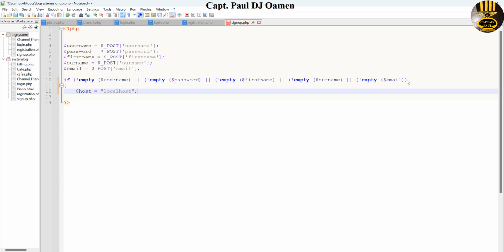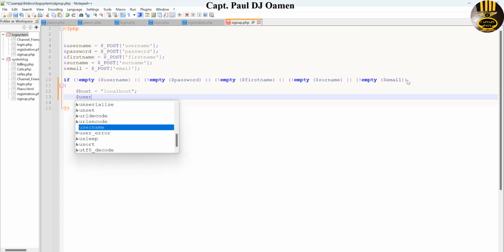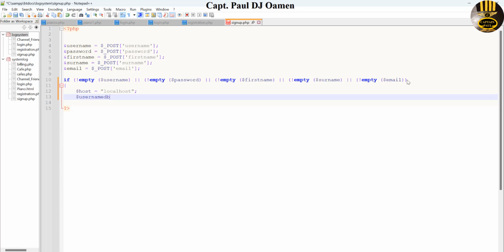Then what about the user? So I'm just going to call that, let's say user DB. Or we can just say user. Okay, user database. Let's give it user database. Username database. That should be equals the root